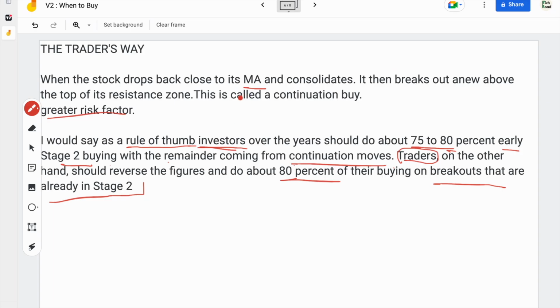So now let's discuss the important factor which I told you, that is the greater risk factor. What does he exactly mean by that? Because as we have discussed earlier, risk factor doesn't mean how much money you will lose. Well, that is dependent on you, right? Not anyone else outside the markets. What he's talking about here is the risk of being wrong even when the stock is not doing anything wrong. As I've explained,